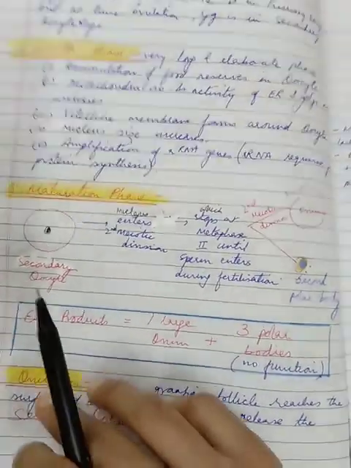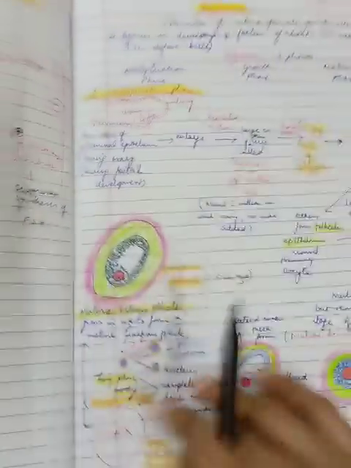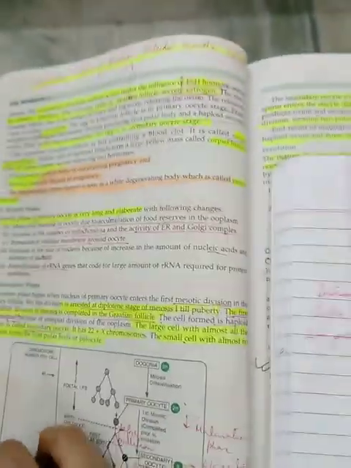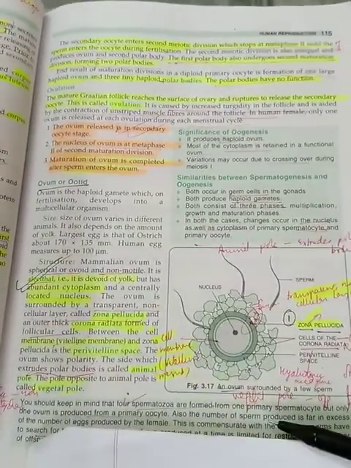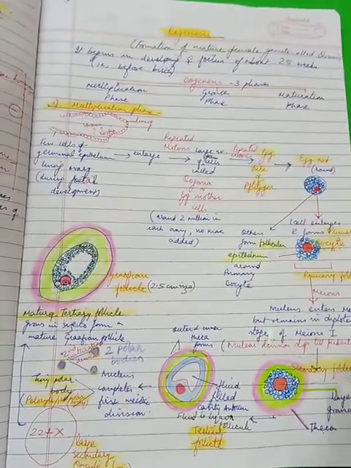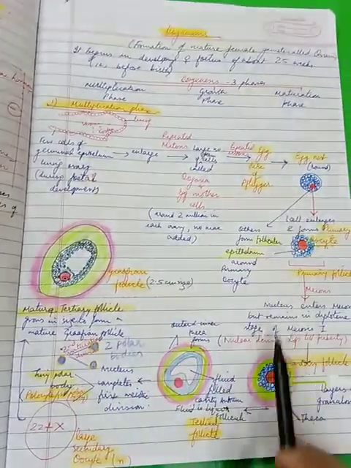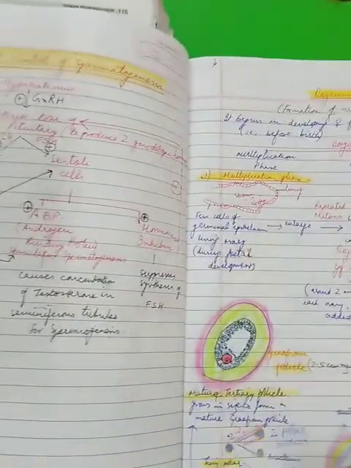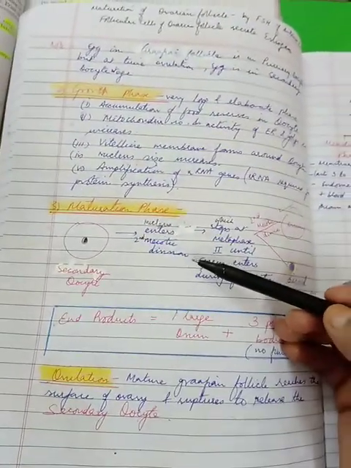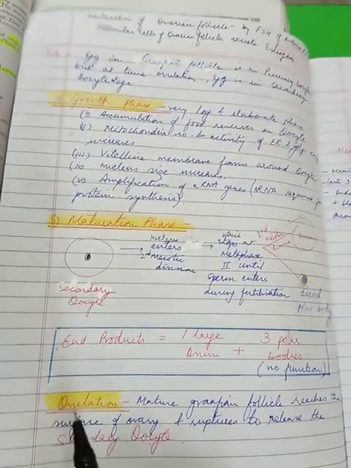Alright, so this is all about the oogenesis. Please read the textbook pages number 113, 114 and 115 up till here. Structure of ovum I have already discussed in the previous video. So children, you should be able to read these 2 pages at least twice or thrice, and study it under 3 headings: first the multiplication phase, then the growth phase, and the maturation phase. So this is all for the oogenesis, right?